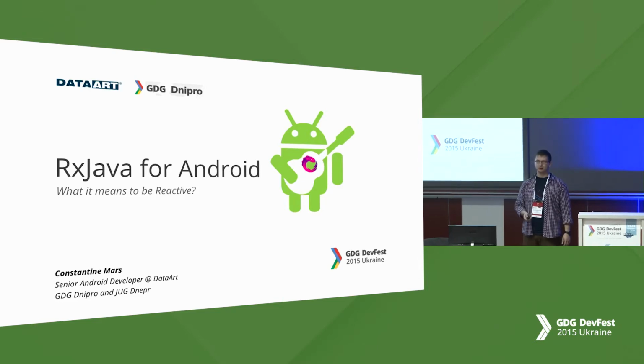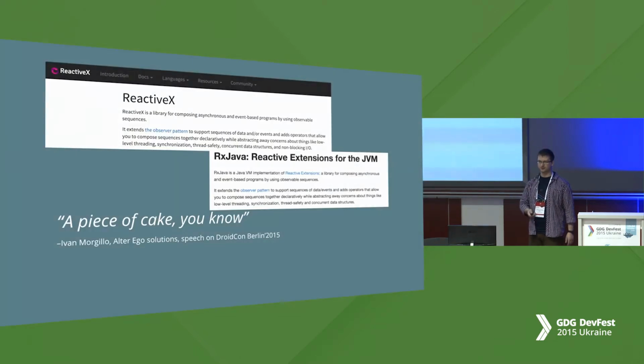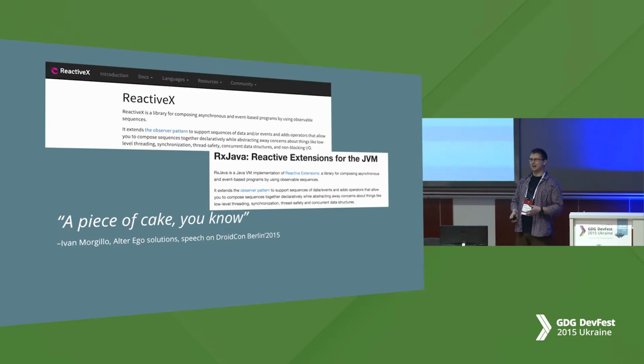And we'll talk about what it means to be reactive. I mean, RxJava, in context of Android, but more about Java. So, looking at reactive.io, we can find some definitions that talk about asynchronous nature of RxJava, about that it makes robustness of our solutions, and a lot of text that you can just Google and read in the reactive.io.